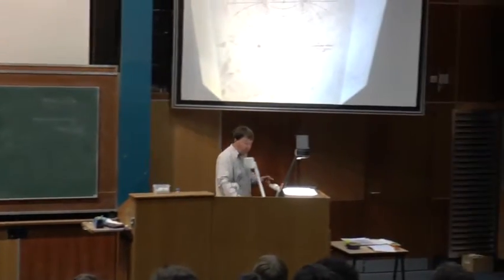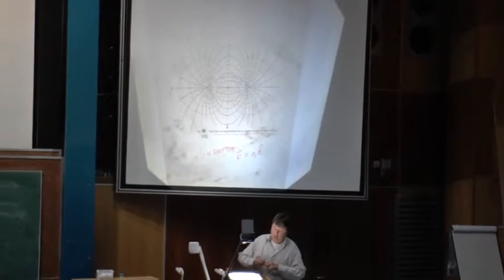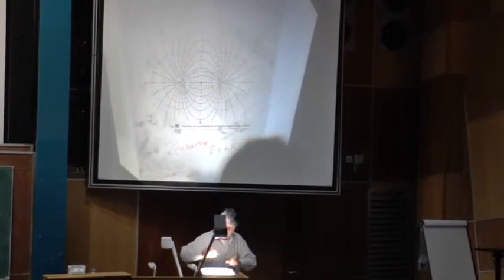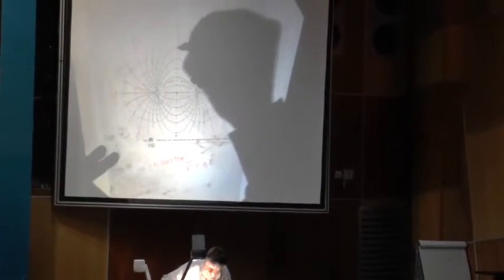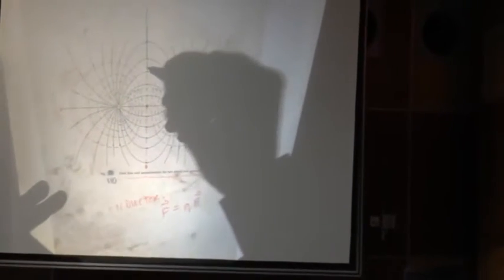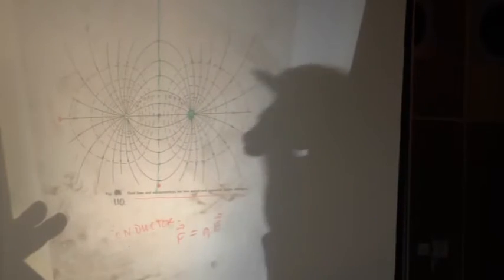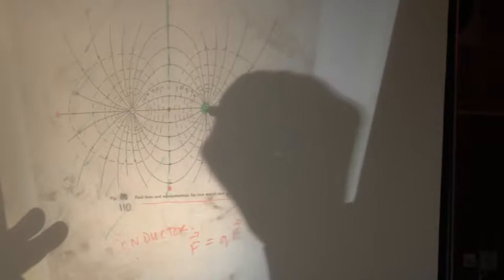So the surface of a conductor must be an equipotential surface. And what people do is they say, let's say the real problem is that I've got a positive point charge next to a conductor. There's my conductor. Well, because this is an equipotential, we can replace the real problem, which is that I've got a slab of metal and